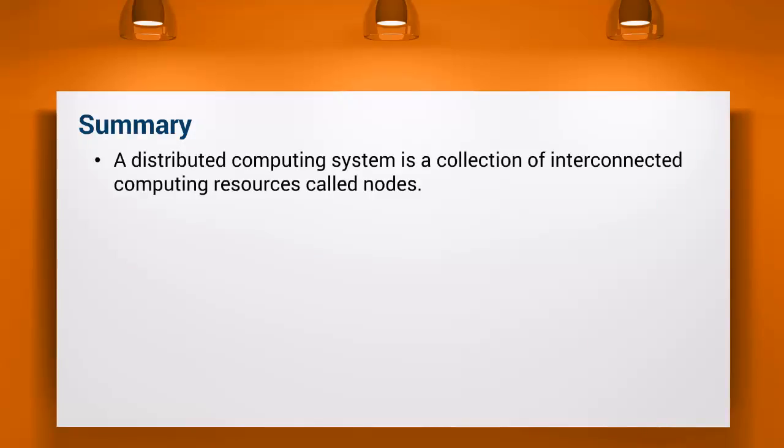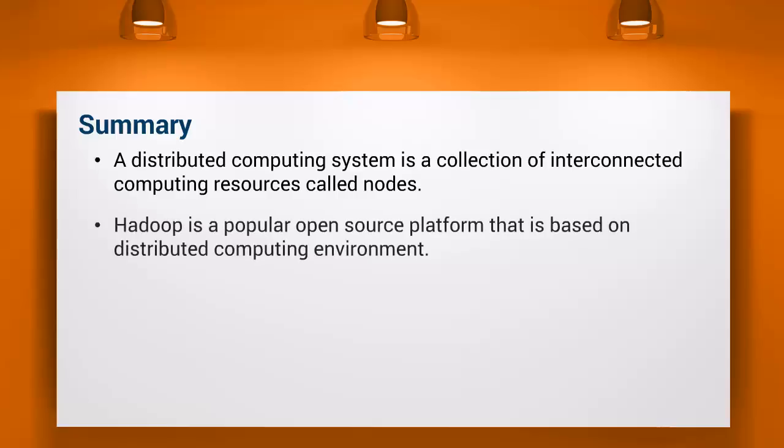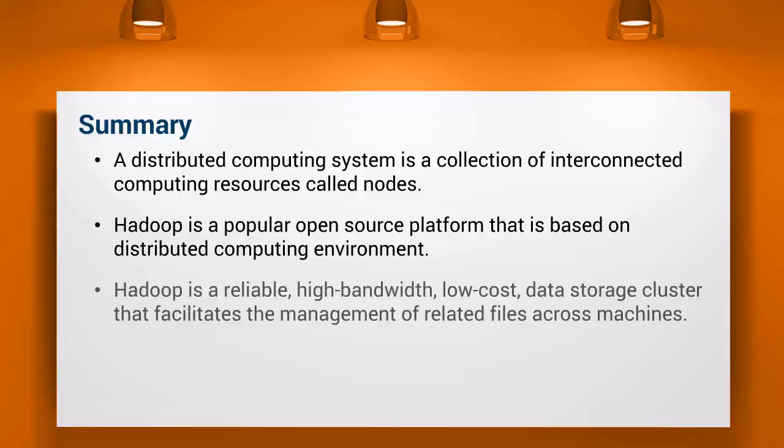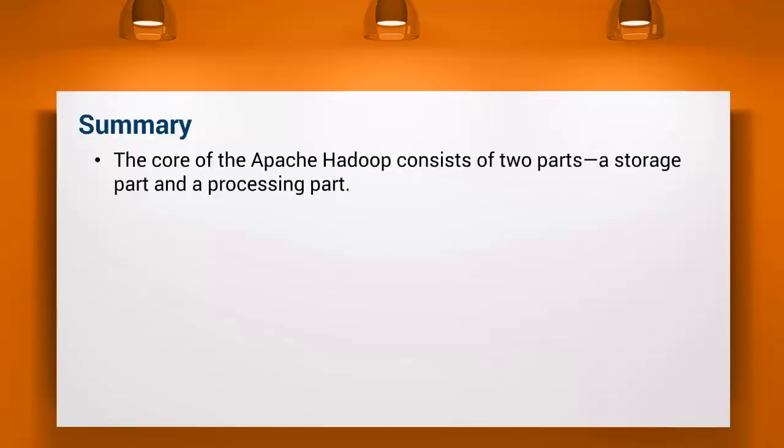A distributed computing system is a collection of interconnected computing resources called nodes. Hadoop is a popular open-source platform that is based on a distributed computing environment. Hadoop is a reliable, high-bandwidth, low-cost data storage cluster that facilitates the management of related files across machines. The core of the Apache Hadoop